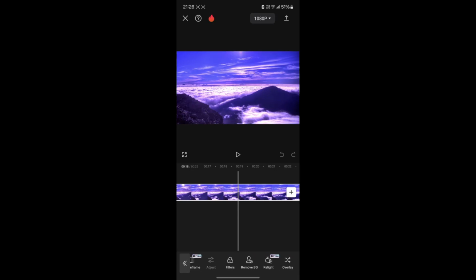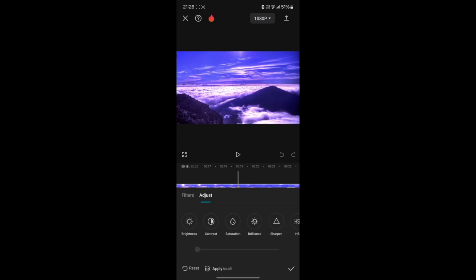Make sure you have selected the Adjust option. If it still doesn't work, it might be because an overlay is selected. As you can see here, if an overlay is selected, the text effects layer will be empty, so click specifically on the clip, on the video or clip. If it still doesn't work, try the usual method, which is simply